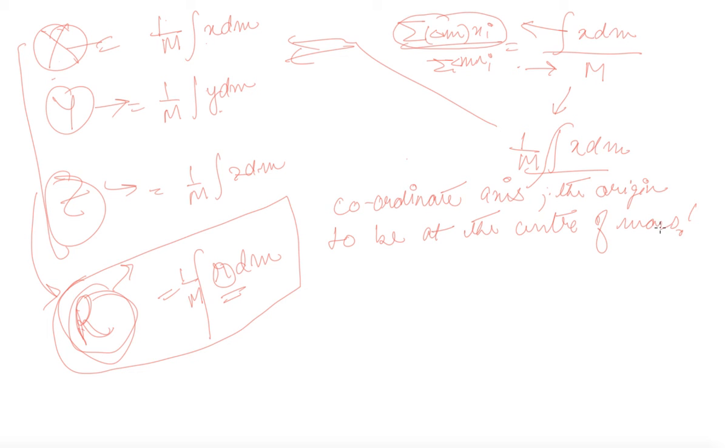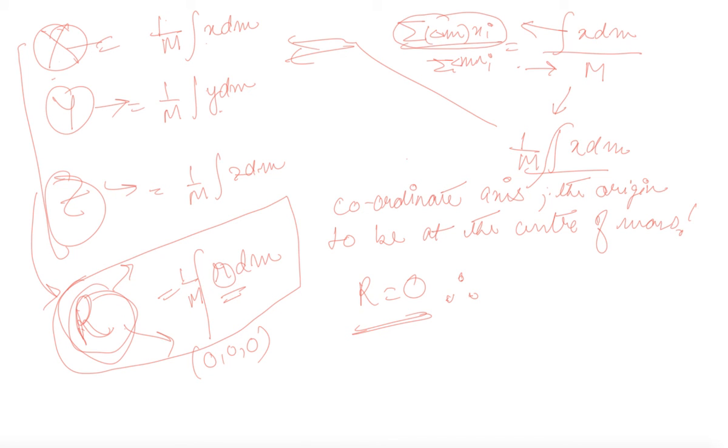So what will happen then? If I've taken the origin to be at the center of mass, that is at r equals 0, 0, 0, we know that r is actually equal to 0, and therefore this particular formula converts into